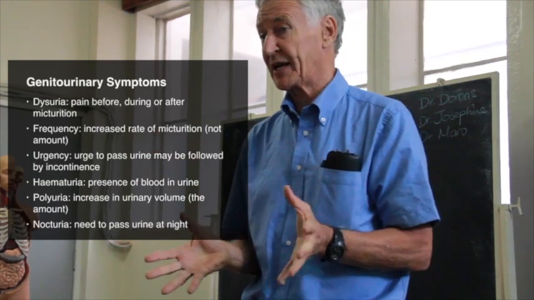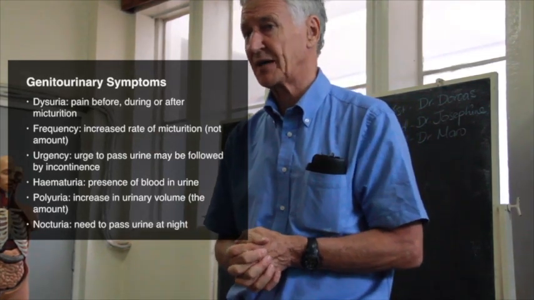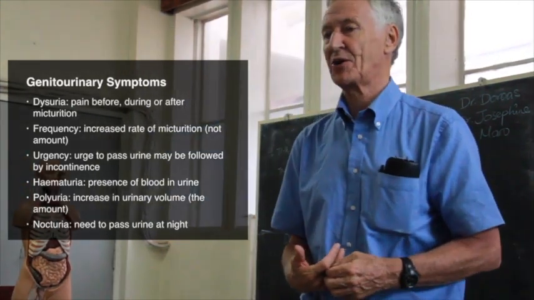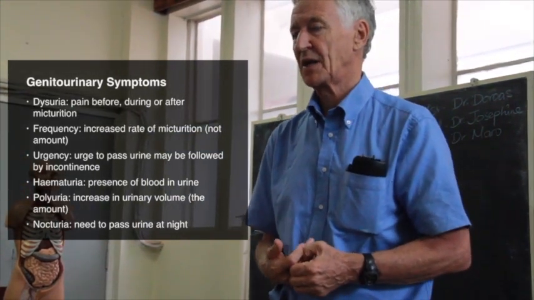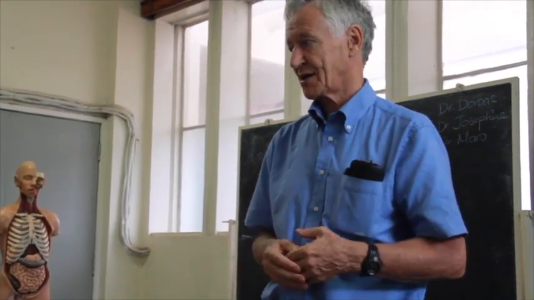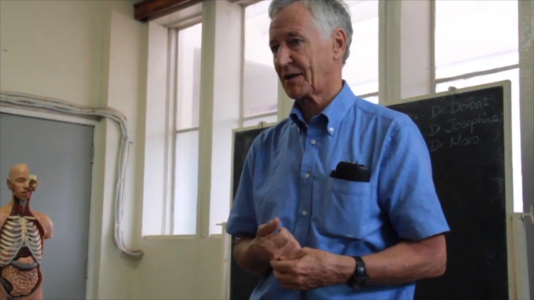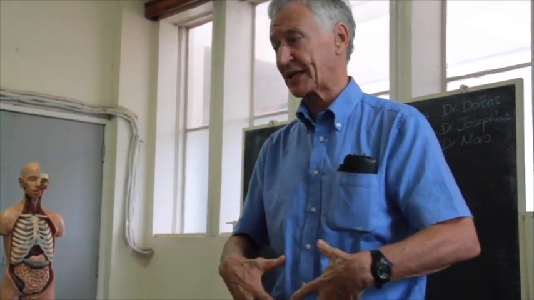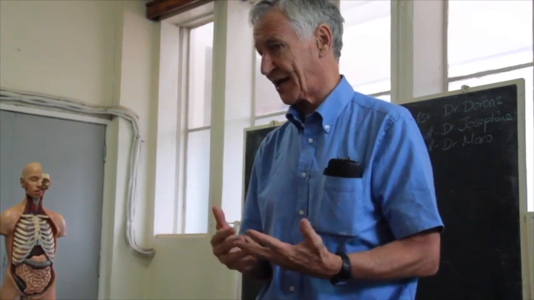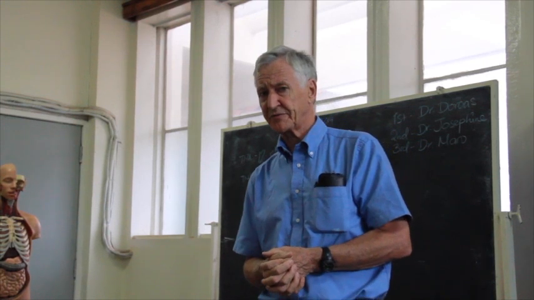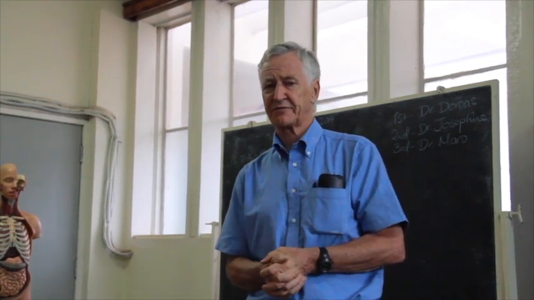For example, we live in an area endemic for schistosomiasis, particularly hematobium, where passing blood in the urine is almost considered to be normal in hyperendemic areas. I'm just emphasizing that it's a good time to remind you not to forget the genitourinary system, because when it comes to the examination, we're going to examine the kidneys and the genitalia at the same time as the abdomen. And that completes my symptom review of the gastrointestinal tract for today. Thank you.